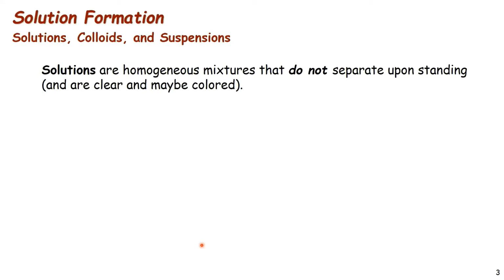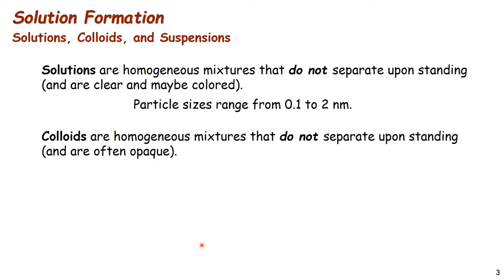And these particles are not going to settle out of solution. The solution itself is either going to be clear or it's going to be colored, but you'll be able to see through it. It'll be transparent. And that's because the particles are very small. We're talking about atoms at 0.1 nanometers to relatively small molecules up to about 2 nanometers, okay? Now, we could have other solutions too, which are called colloids. Now, colloids are homogeneous solutions, okay, but they,